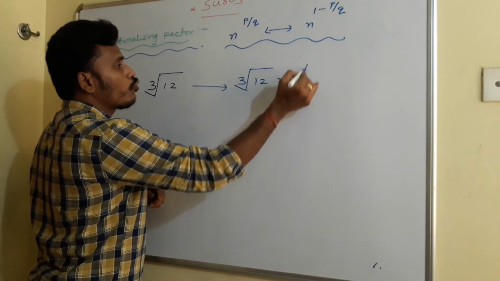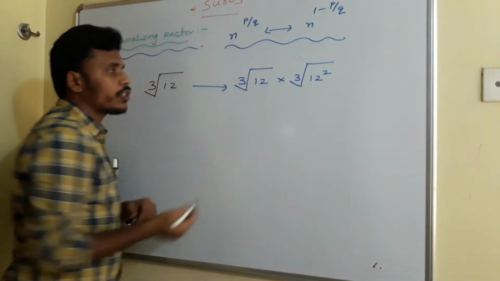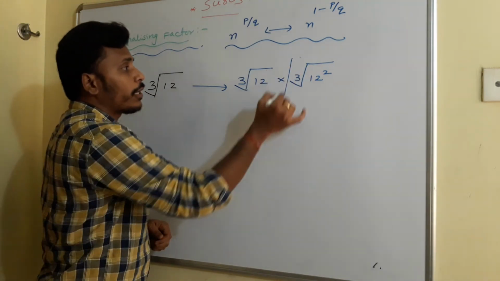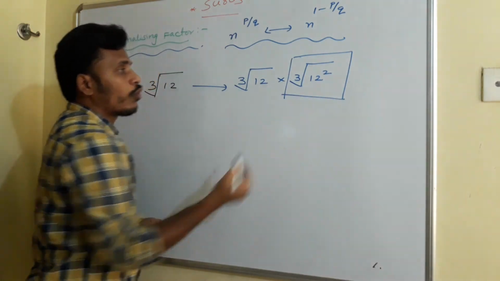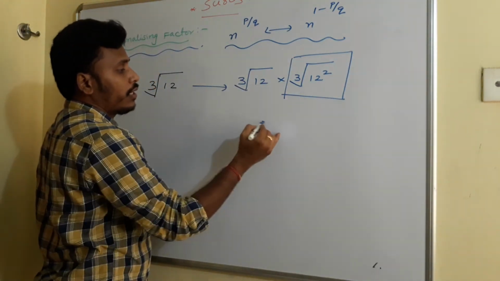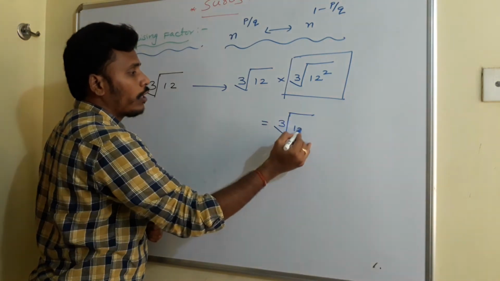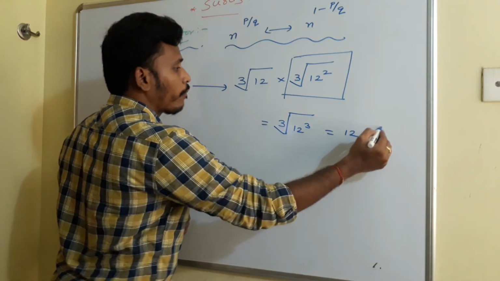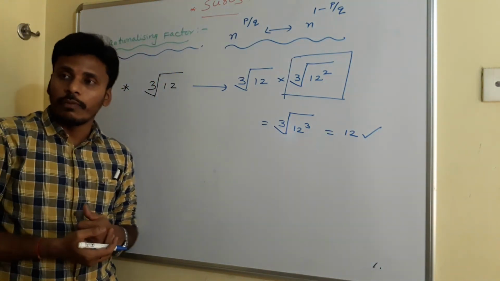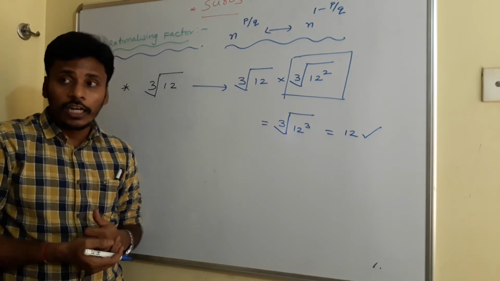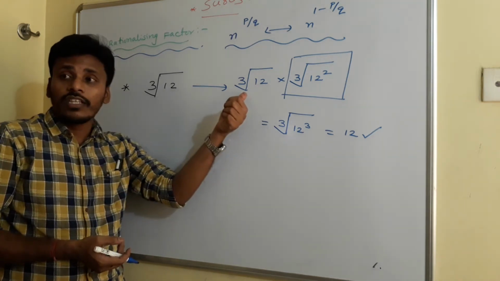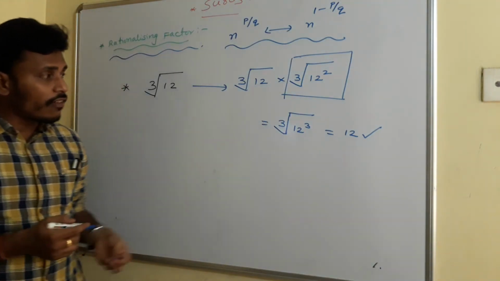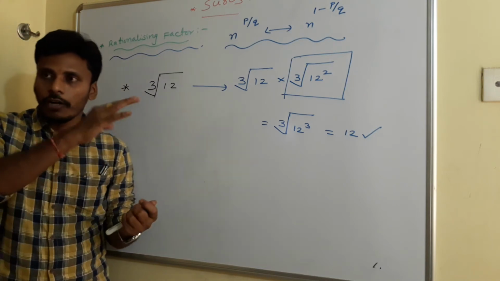If you multiply this cube root of 12 with the cube root of 12 square, because you need to maintain every number 3 times under the root, then on multiplication, the result will become the cube root of 12 cube. Since the result is the cube root of 12 cube, that simplification is 12, a rational number. Then it concludes that the rationalizing factor for this cube root of 12 is the cube root of 12 square. Is it right or wrong? So this is the thought process of one person.